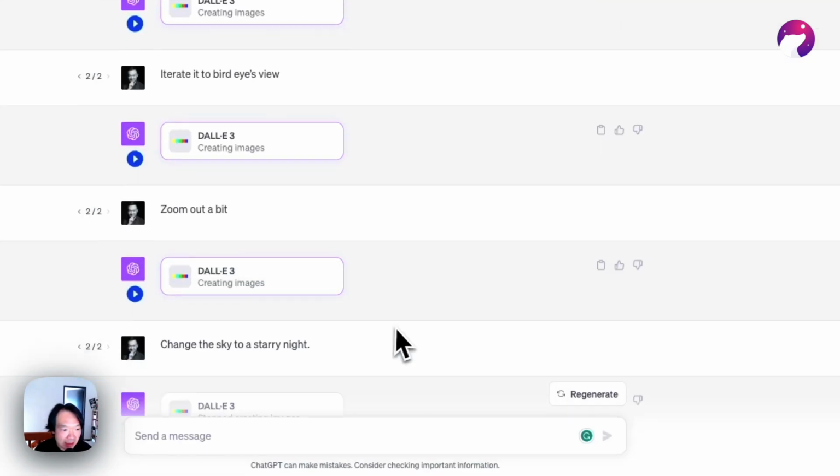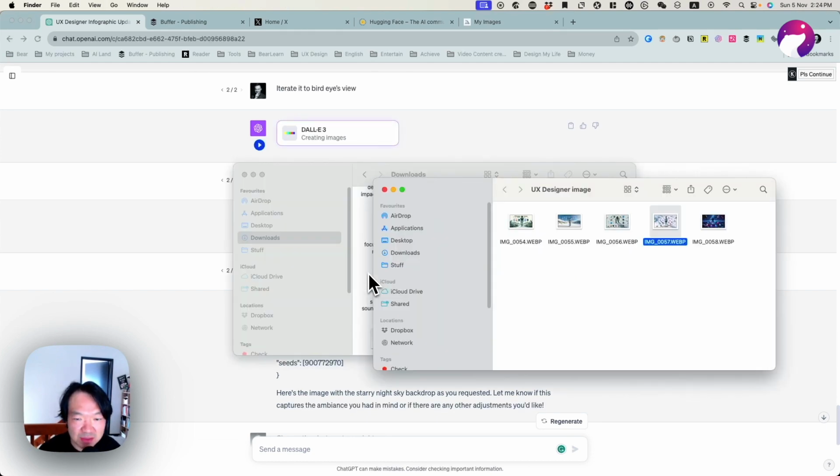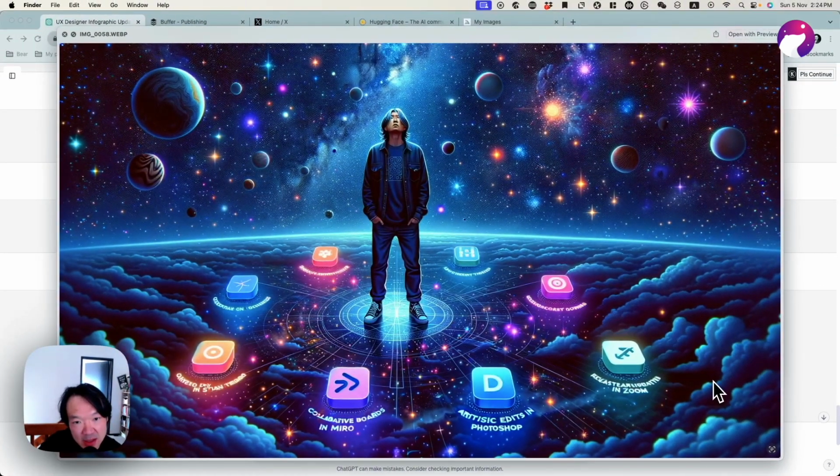Nice. And last step, I asked it, okay, could you change the sky to a starry night? Because I want to see how it looks in night mode. And it gives me a very different style like this. It didn't keep the character and the landscape, but just changed everything. I think I haven't checked if DALL-E keeps the temperature of the prompt, which means that it can give you a lot of variable outcomes when you ask it to generate images. I didn't check that, but it seems so. So it's quite flexible or dynamic. And now the outcome looks like this. I quite like it as well.